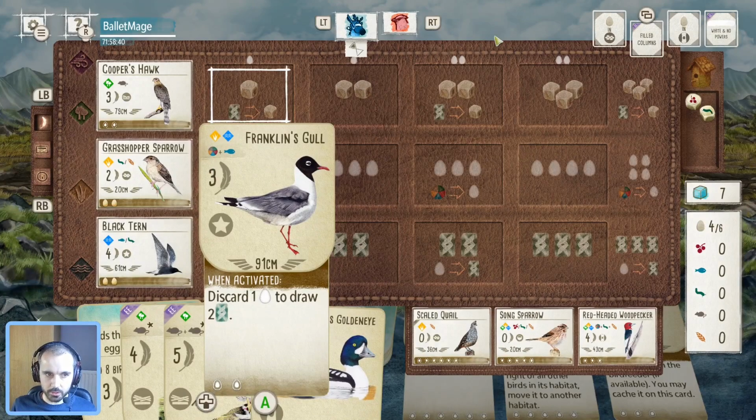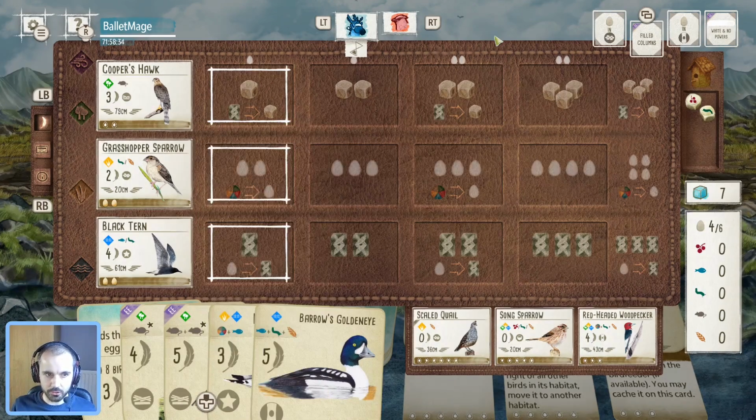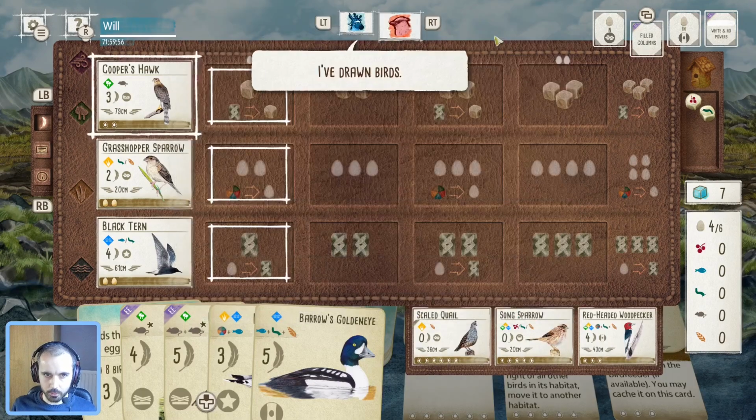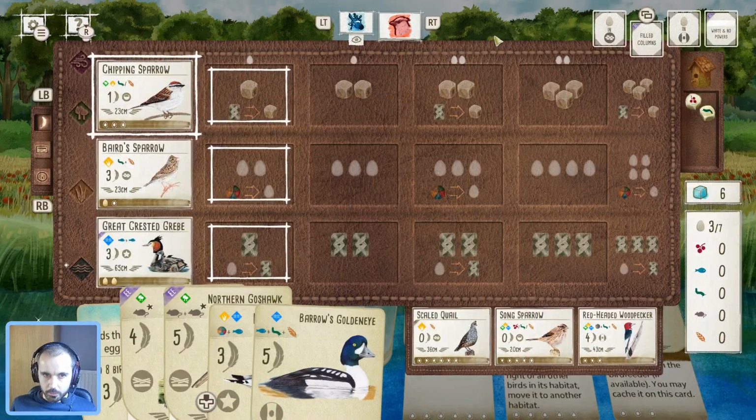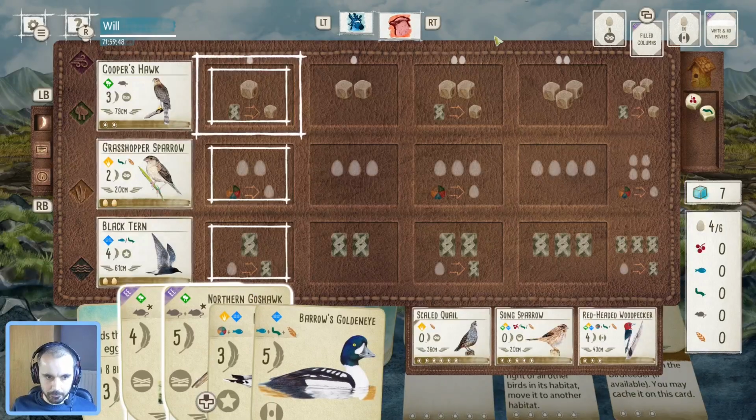egg, draw 2 cards. I'm getting extra eggs from the Sparrow as well, so it's not even really costing me too much in terms of egg generation. And yeah, that's sorted. That's me sorted for cards. No problems at all. So they have drawn cards. So they've still not found quite what they're looking for. We obviously have. So I think